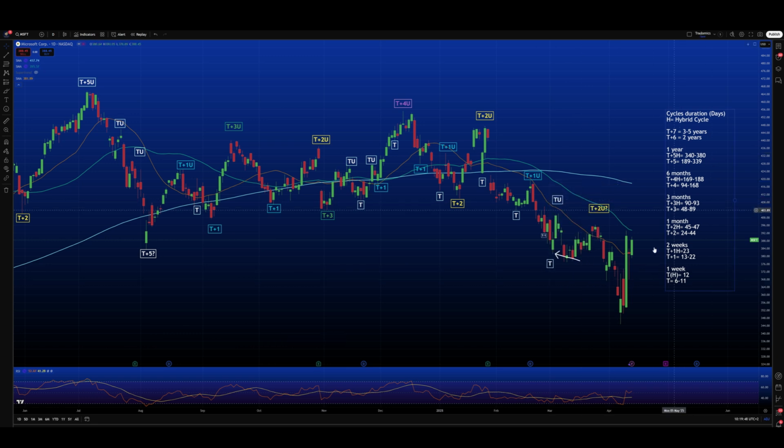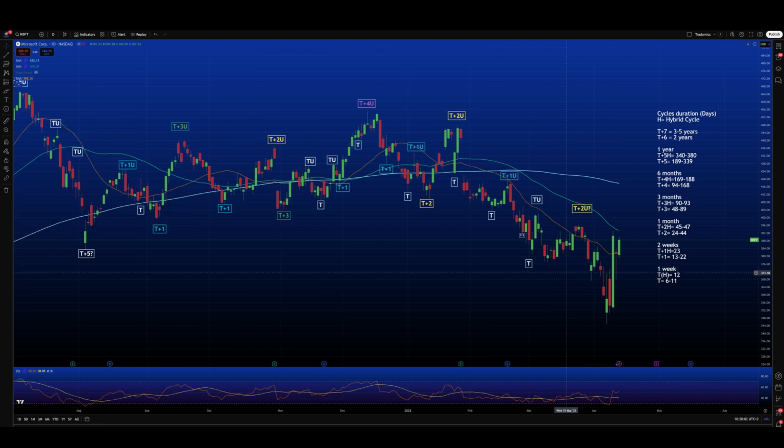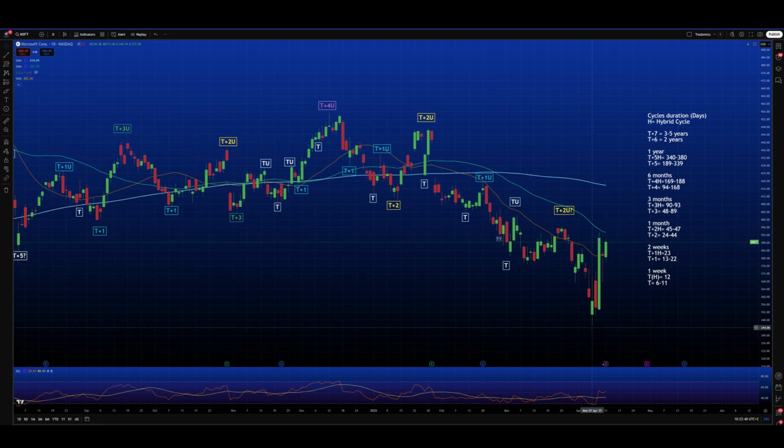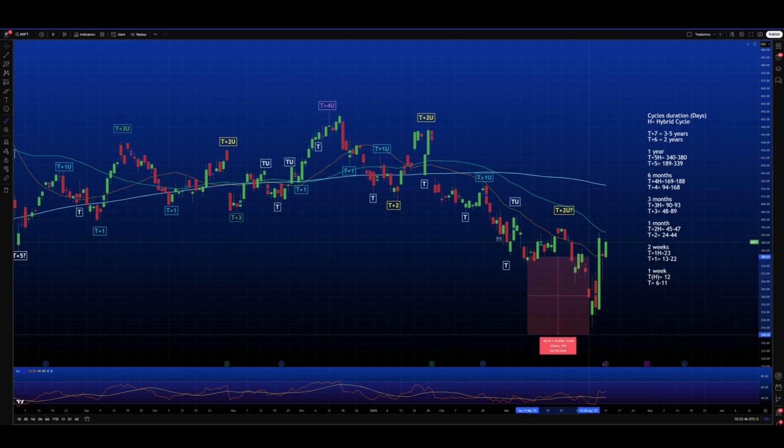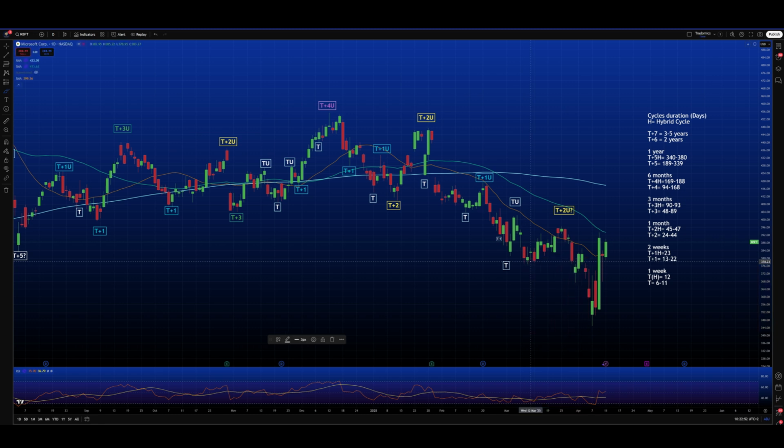So in this T cycle analysis, of course, swing trading is implemented. This is something I don't explain too much, but if you want to understand how this analysis works, you can click on the pop-up banner on the right-hand side, Introduction to the T-cycle analysis. From this low here to this low here, we have had a negative cycle. This cycle had a duration of 18 bars. So this move can be considered a T plus one. A T plus one is a bi-weekly cycle with a duration between 13 to 22 days. So here I can update the chart and put T plus one.